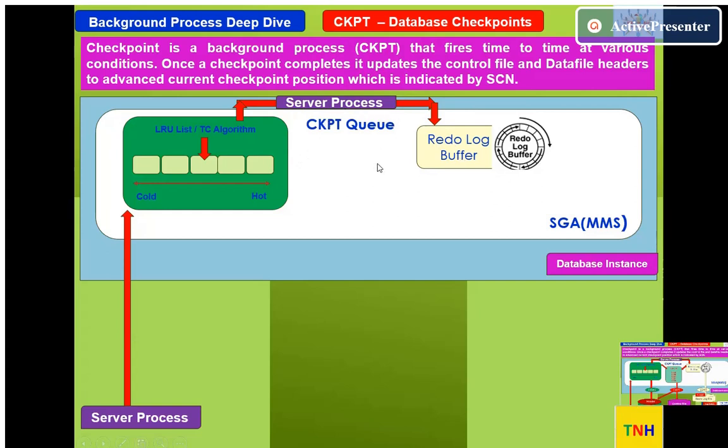Server process is going to update the redo log buffer with the changes. That's what's going to happen. So these are normal activities which happen within the database buffer cache, linking the redo log buffer as well. The original buffer will be stored in the middle of the memory, and with the changes, what's going to